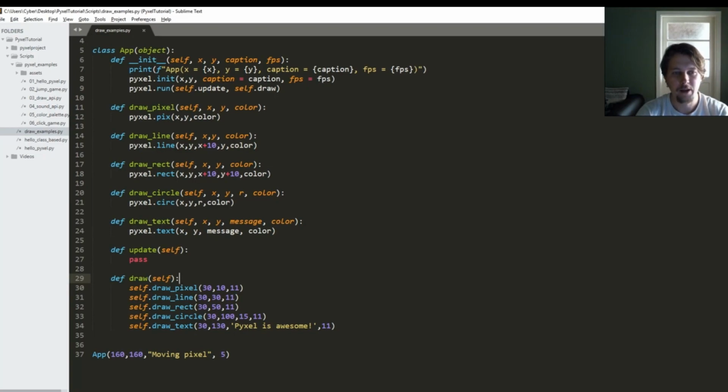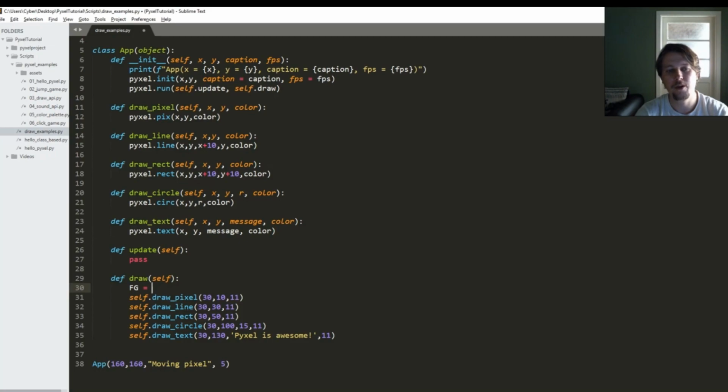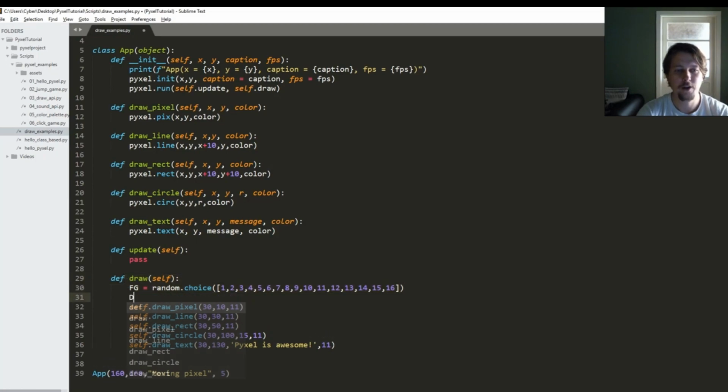And in order to do that, we should do the following. So the foreground color will come from the random choice. And this random choice takes an array, and this array can have as many items as you want and as many types of items as you want. All you have to do is give this choice the array, and it will pick a random item each time it's called. Now, in order to change the background, we need to modulo 16 this foreground color, and